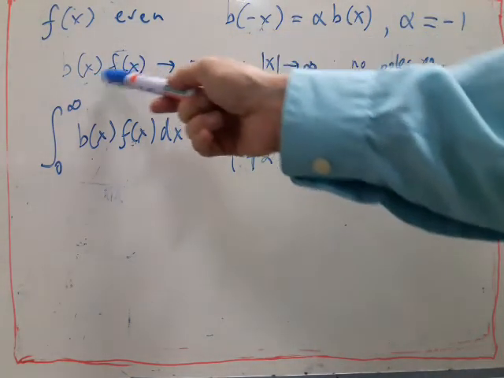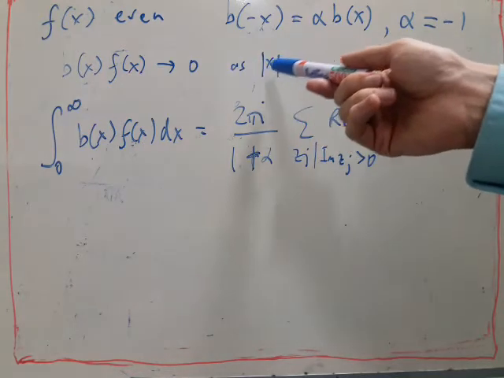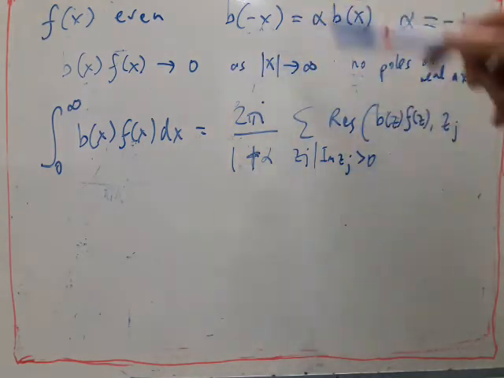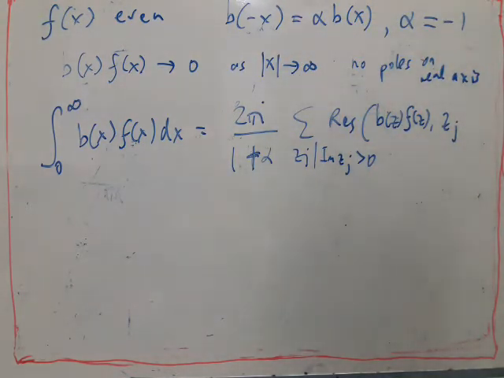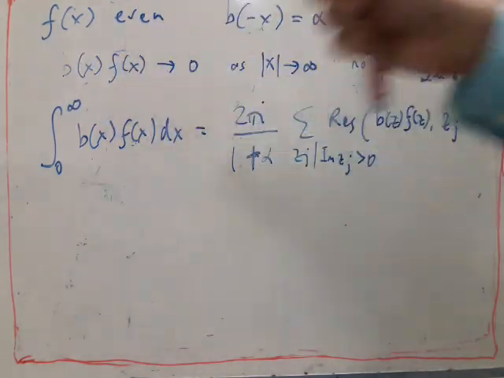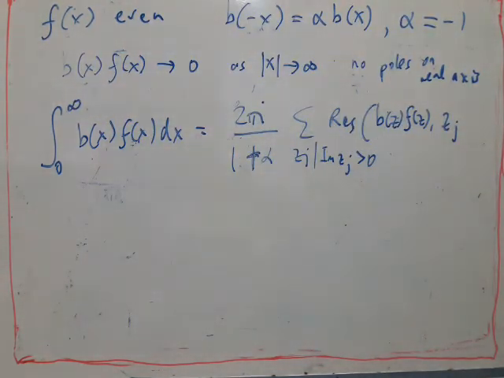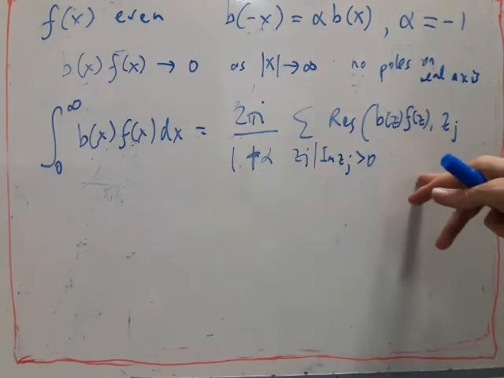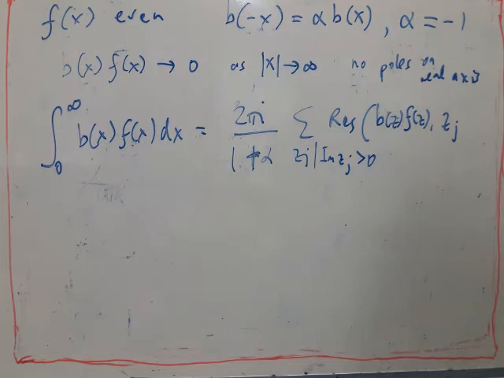Anyway, if b times f is well behaved at infinity, so that when we do the circular contour of radius r going out to infinity, that tends to 0, and there are also no poles on the real axis, so b times f doesn't have any poles on the real axis, then it turns out we can derive this formula, where we're summing the residues